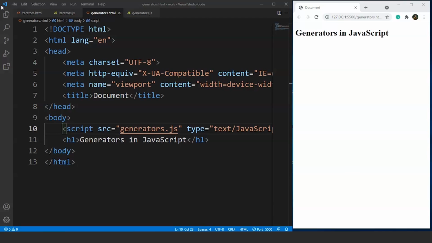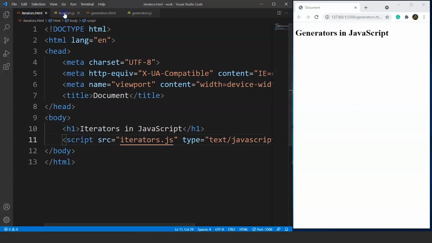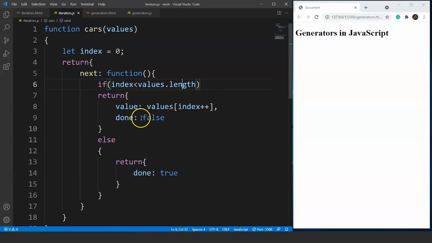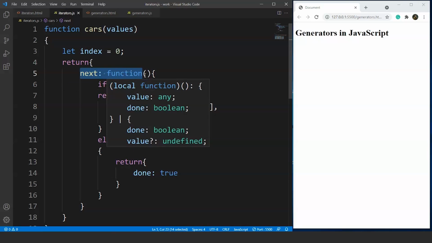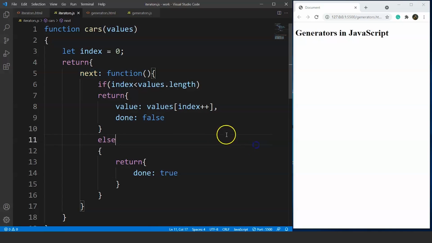Now the code was easy, so let's go through it once quickly and then we'll move on to generators. So guys, here's the code for iterators in JavaScript. You can see we have created an object that was giving us two properties, and every time the next function will be called, the next element of the array will be printed until the value of done is false. Now once the done is changed to true, this means that this is the end of the array and there are no more elements present in that same array.